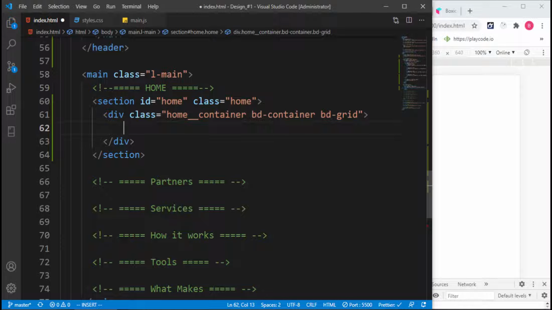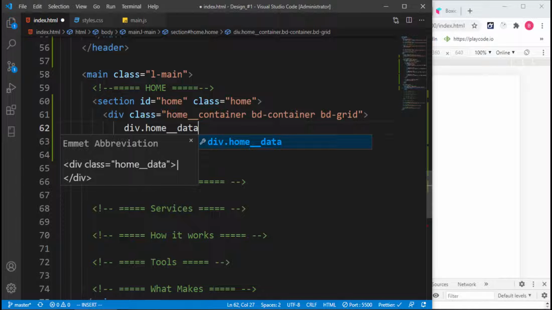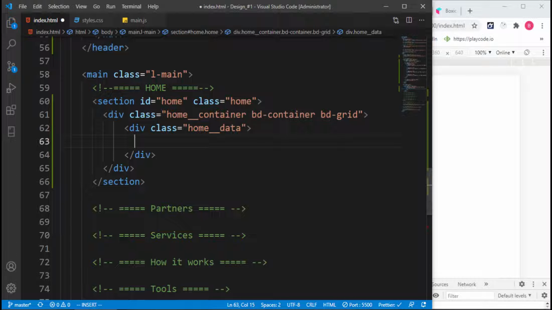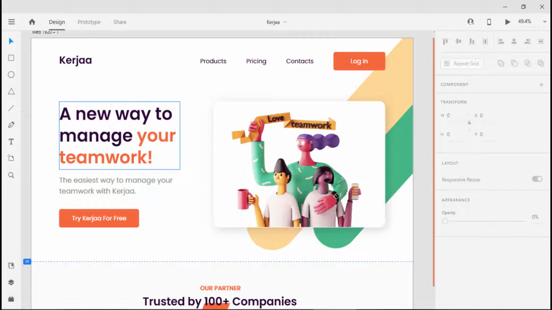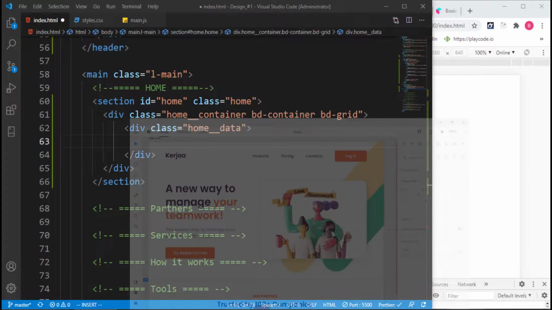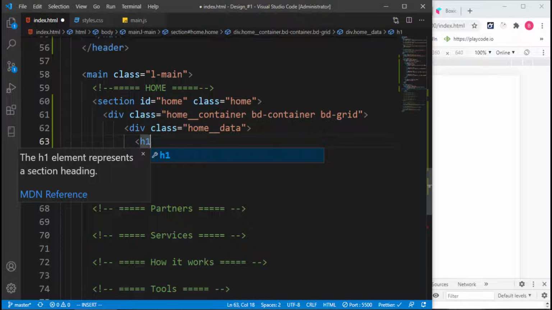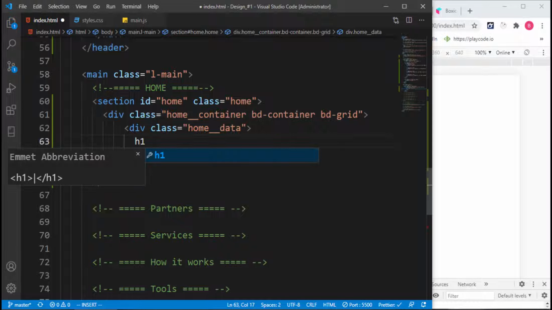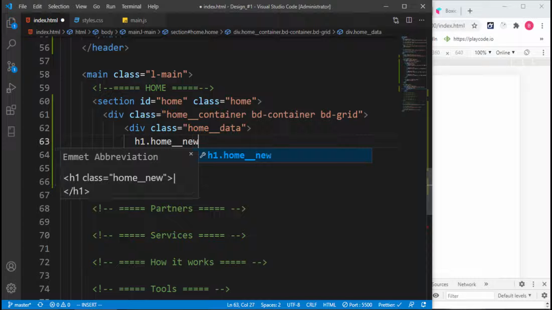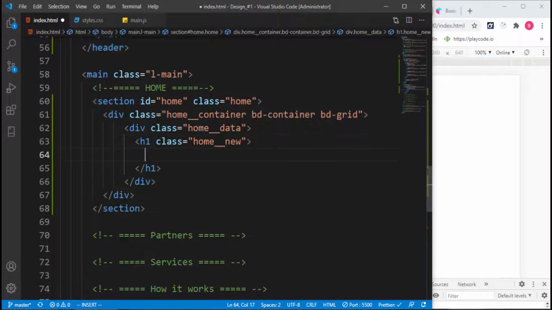So inside here, we are going to have a div with a home data. So this home data is exactly this left part of the screen. So everything you see here is going to be in the home data, and also we are going to have a home image. And inside this home data, we can add a heading one. Sorry, I need to add a class to that. So I can say home title, and inside there we can say A new way